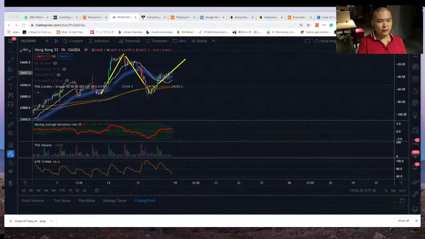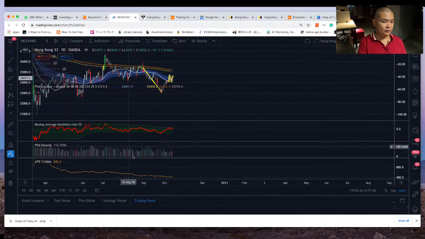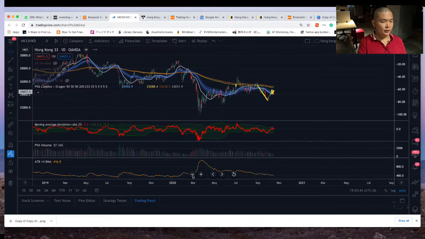So once again, guys, here's what the Pvsra is telling me on the hourly chart. But if I change here to the daily chart, it's telling me something else. It's telling me that the overall trend is still bearish, okay? So if you click here to zoom out, you can see the overall trend of the movement following Pvsra charts, okay? This Pvsra chart is telling you that the overall trend is still bearish on the daily chart. So you expect that after this correction, the trend is going to continue to be bearish, okay?